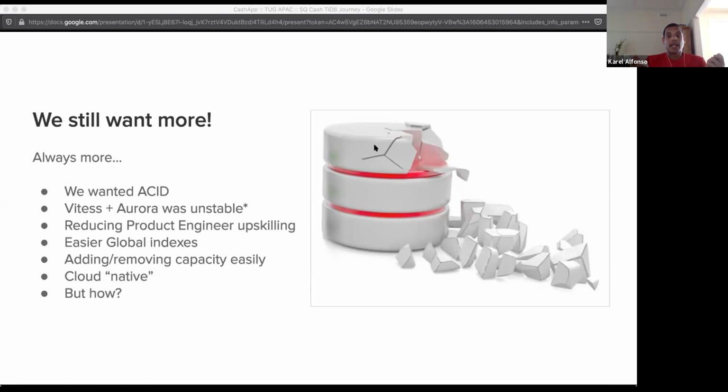Another issue was capacity. How do we scale as we go? And in Vitess, it's awesome. You can trigger a shard split, and you can split a shard into multiple databases, but you have to trigger that manually, and you also have to provision those databases by yourself. So there's a bit of overhead from an operational perspective in the process of scaling. We never tried merging shards. It's also a functionality that was provided.